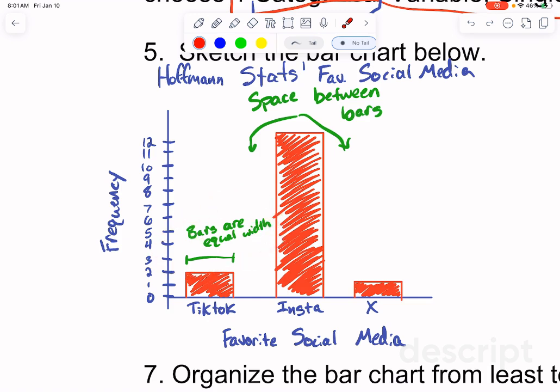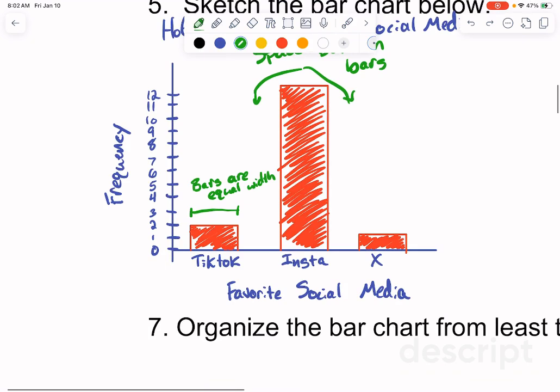We need equal width. Mine's not perfect here, but that space between the bars should probably be equal as well in a perfect world. Another important thing, it's going to trip everyone up on this first test. We need labels. We need to label the variable on the x-axis, and we need to label that this is the frequency on the y-axis.